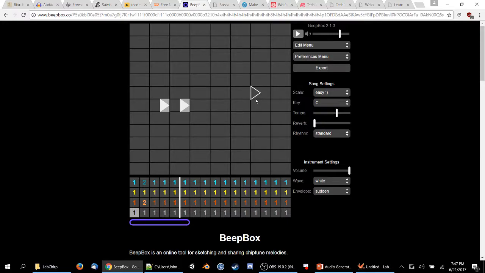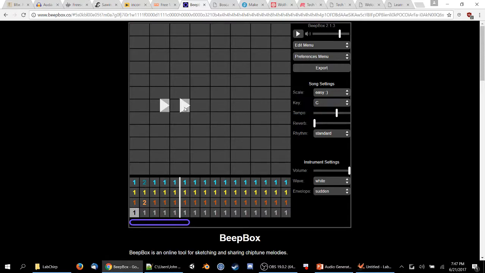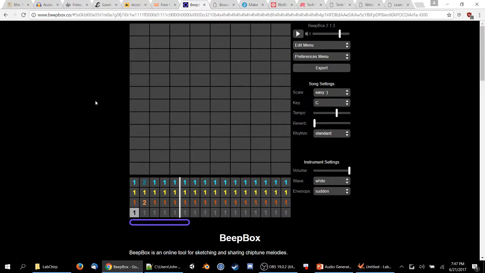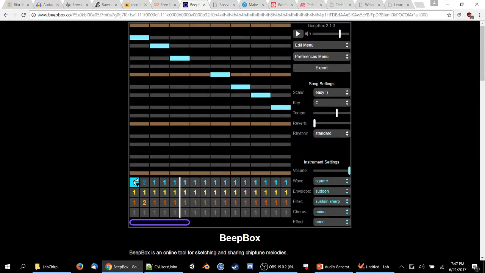And if you have any knowledge of music and you can listen to something and hear that it sounds okay, it'll work. And I'm right-clicking to get rid of them. That's why the menu keeps popping up.